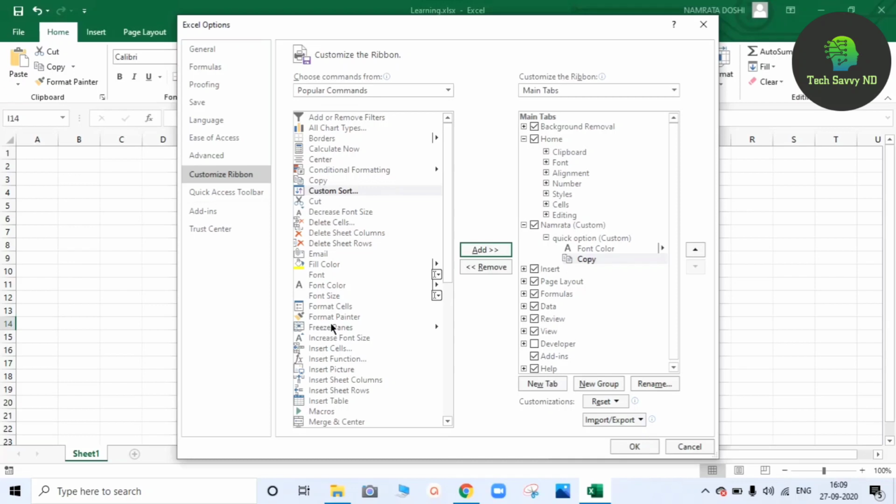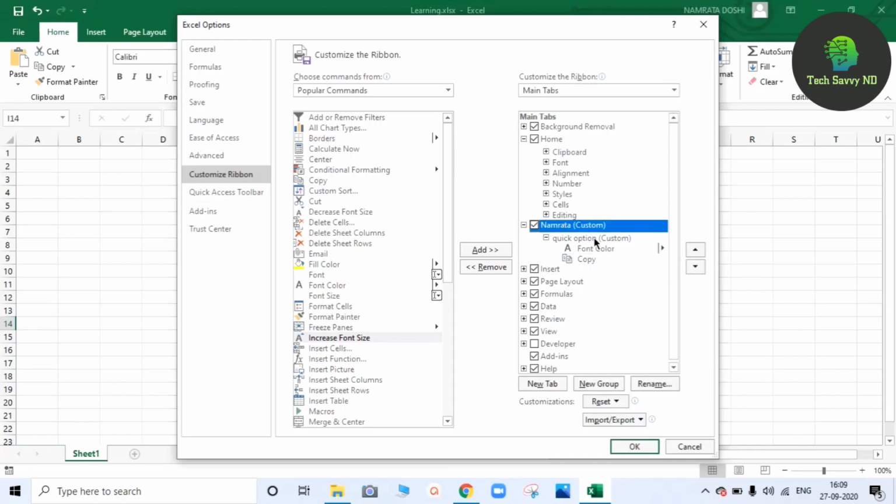If you want to remove it, then click on it and click Remove. The Order option is also given, so whichever option you click, you can move it up or down.